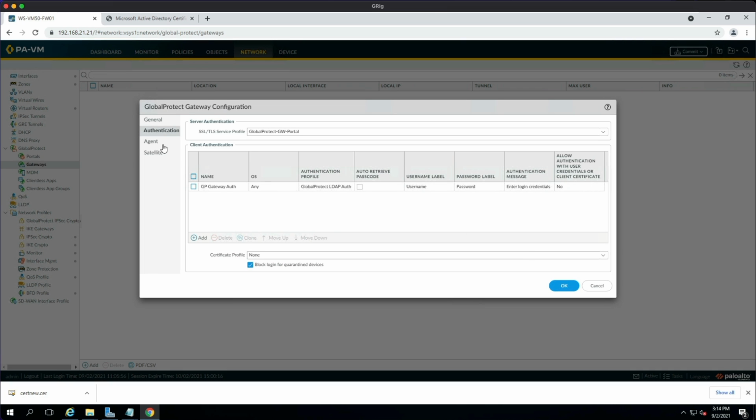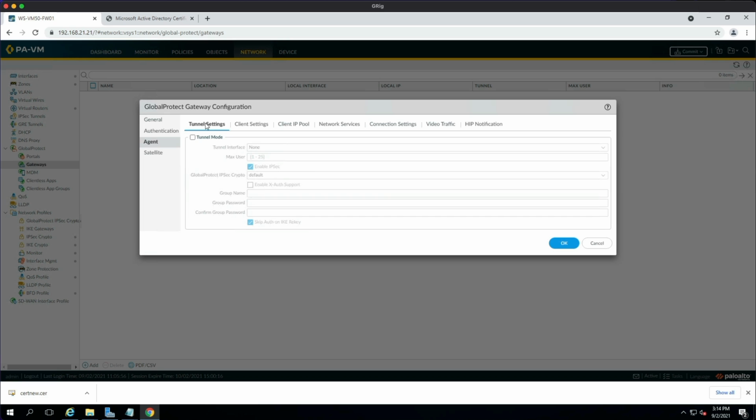Okay, next we go to the agent tab, and then underneath tunnel settings we're going to enable tunnel mode. And then we're going to select the tunnel interface that we're using to terminate the GlobalProtect tunnel, which is assigned to the GlobalProtect zone. We're going to keep the enable IPsec tick box checked. If it's not checked, then it will default back to SSL, but this is recommended, so